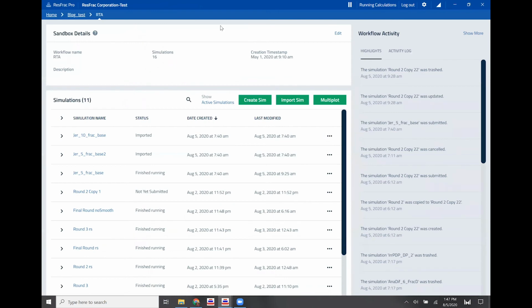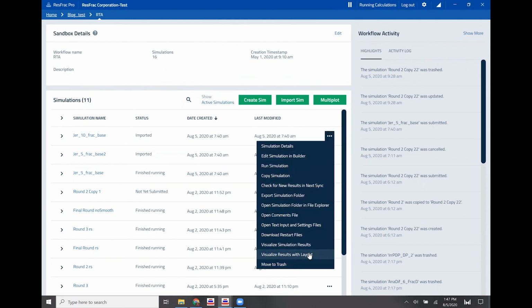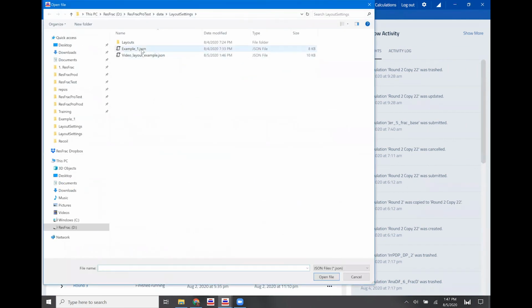For instance, if I come back to my job manager, I opened the 5 frac case, I can come and open the same 10 frac case using the layout that we just saved.